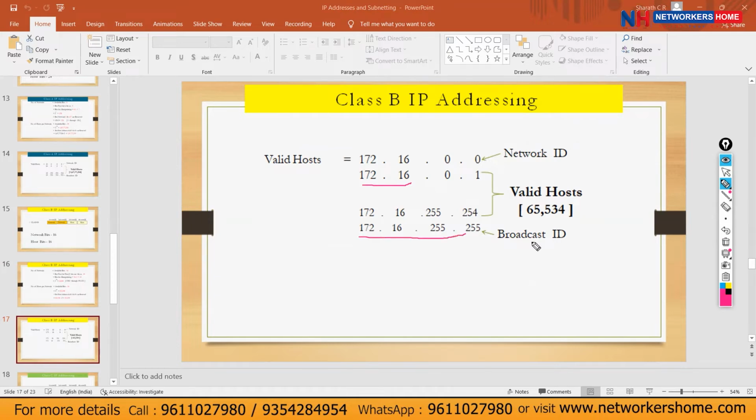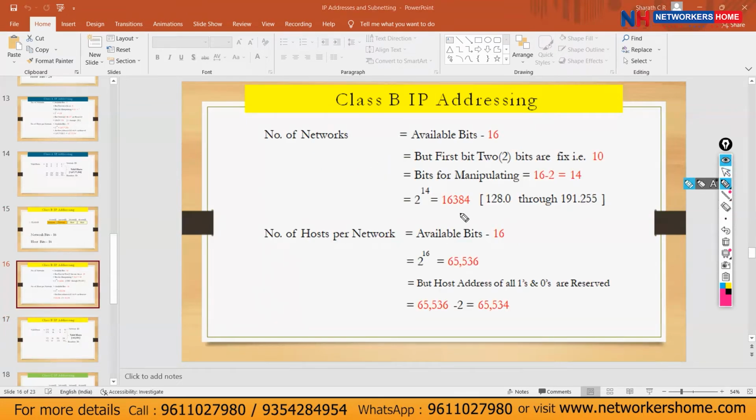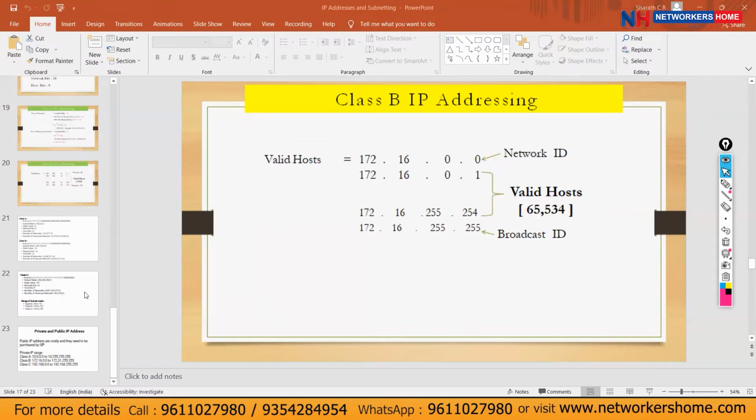The last one is 172.16.255.255, the broadcast IP. How many networks can we create using class B? 16,384. How many hosts per network? 65,534 in one network. Done, boys? Shall we go to the next slide?